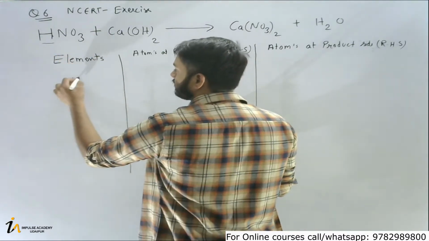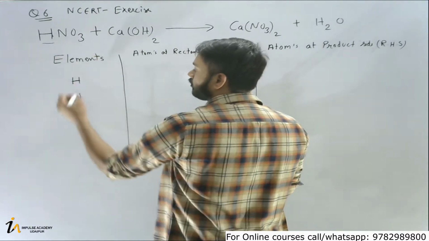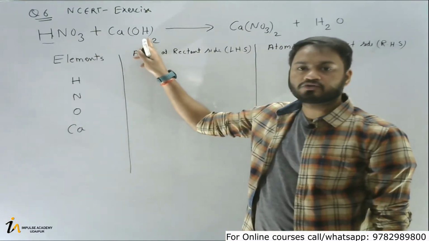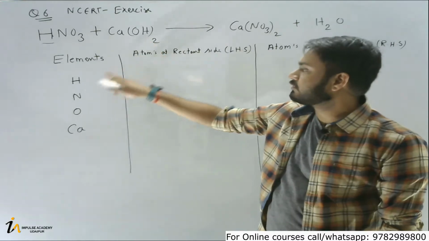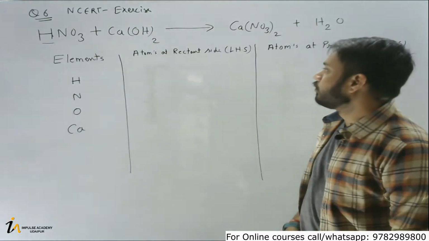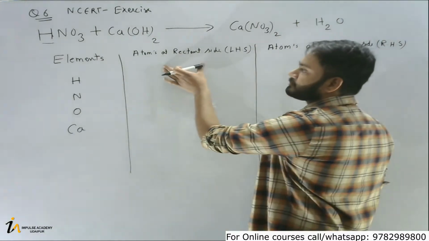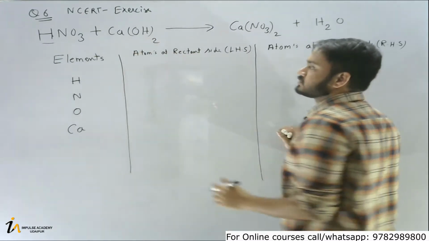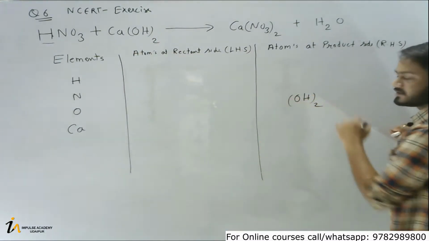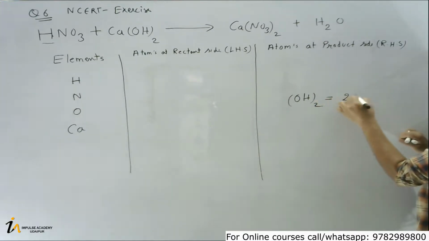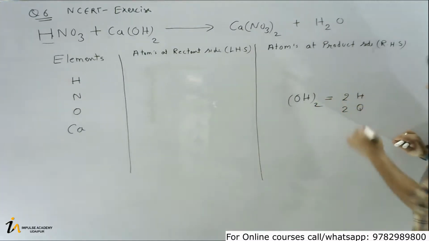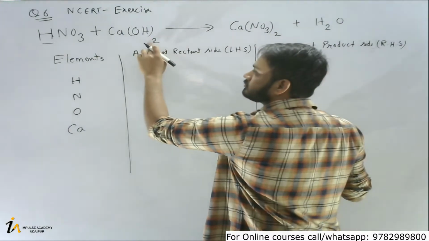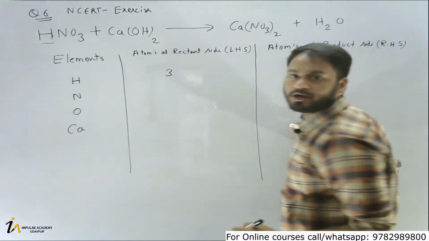So here it is hydrogen, then nitrogen, then oxygen, then calcium. That's it. Hydrogen and oxygen we have already written, so we don't need to write them again. Now we need to calculate the number of atoms present in the reactant site. How many hydrogens are present? Here it is 2 into, suppose anywhere it is written as HOH twice, that means 2 atoms of hydrogen and 2 atoms of oxygen. So there are two atoms of both. So we'll see 2 atoms of hydrogen and 1 here, so there are 3 atoms of hydrogen.